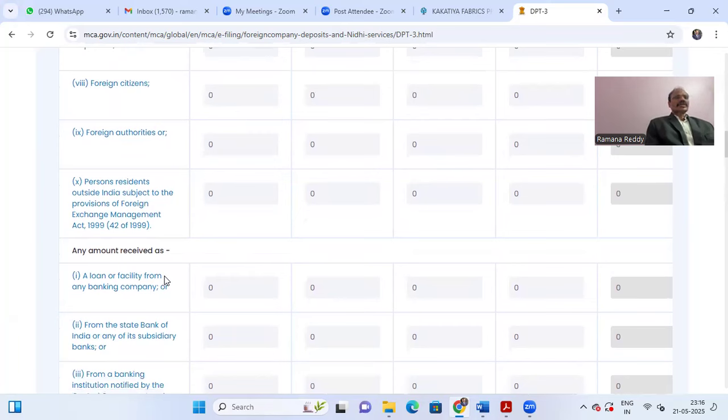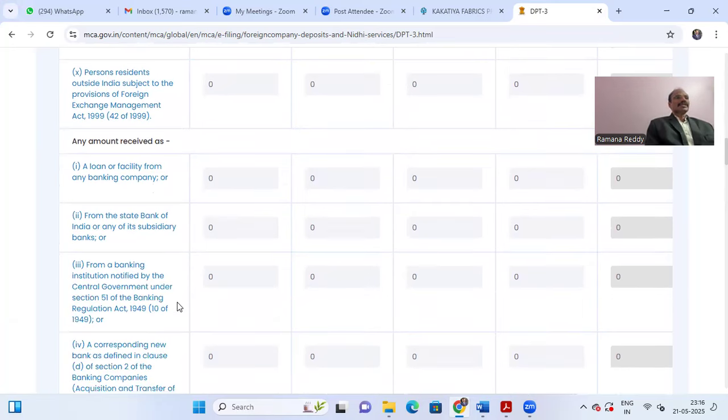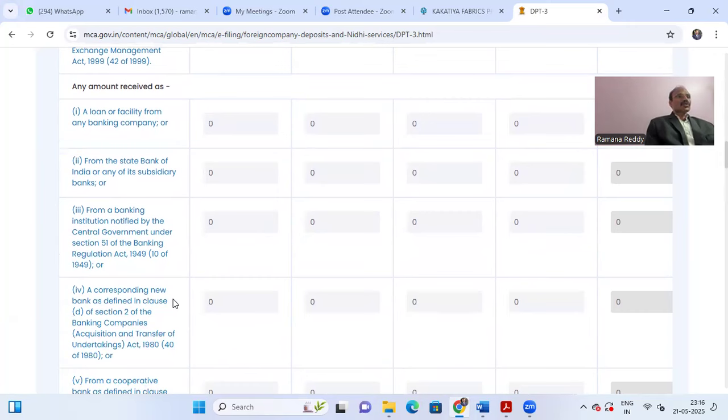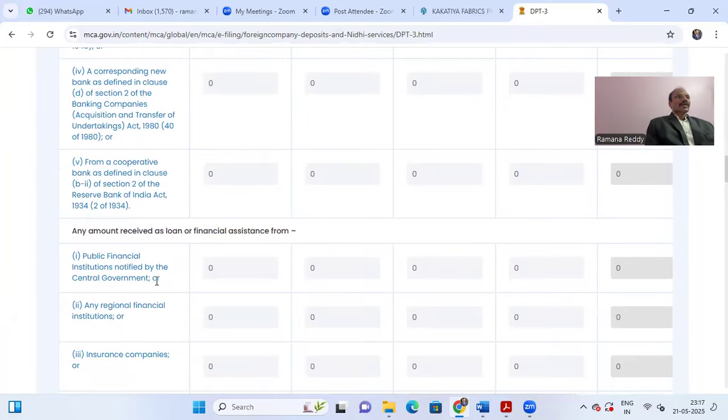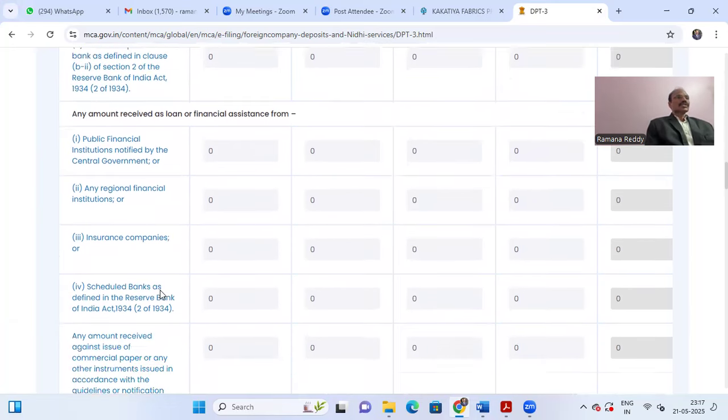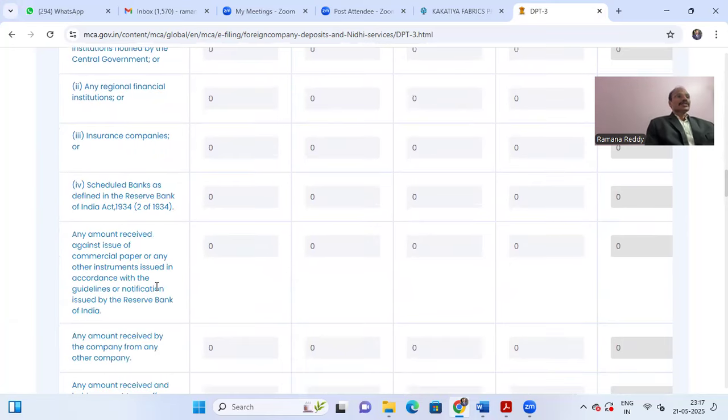So all the details wherever applicable have to be filled, or any amount received as a loan or facility from any banking company or from State Bank of India or any of its subsidiary banks, or from a banking institution notified by the central government under section 51 of the Banking Regulation Act, and corresponding new bank as defined in clause D of section 2 of the Banking Companies (Acquisition and Transfer of Undertakings) Act 1970, and from any cooperative banks, or any amount received as a loan or financial assistance from public financial institutions notified by the central government, or any regional financial institutions, or any insurance companies, or any scheduled bank as defined in the Reserve Bank of India Act 1934,